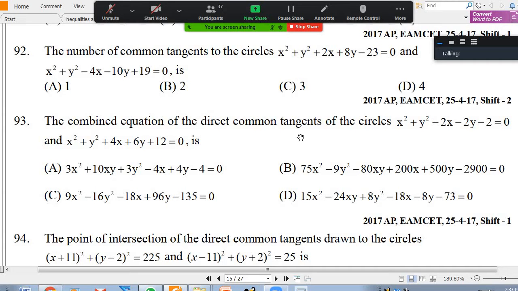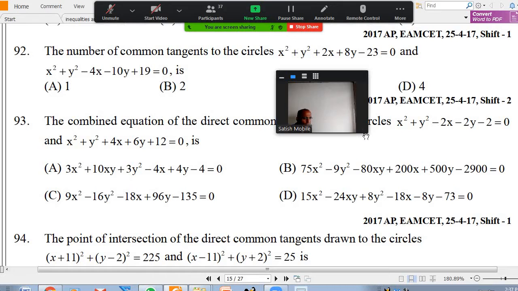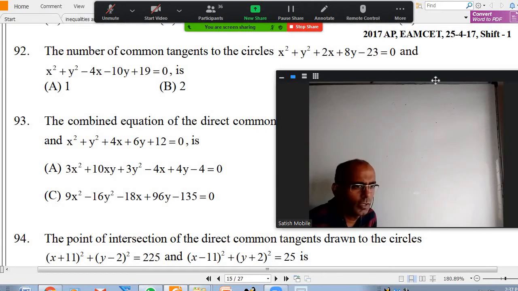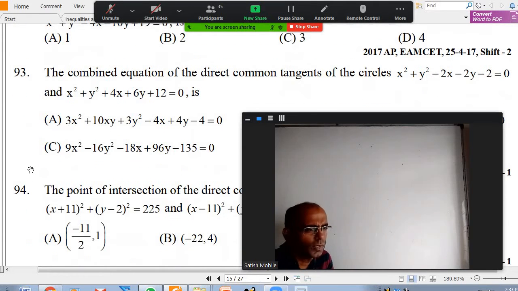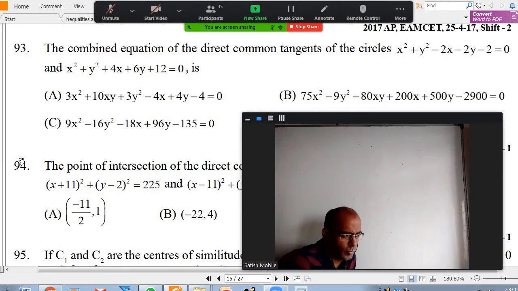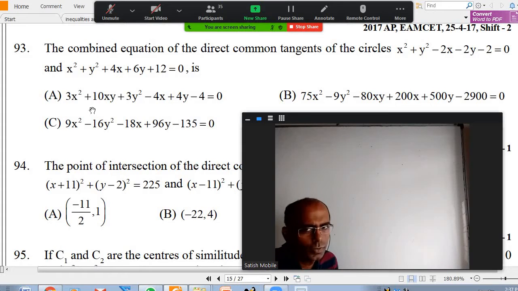Sir, 93, sir. Okay, because it was a combined equation, you can use S1 square equal to S into S11. So first of all, you find the external center of similitude, by dividing C1 and C2 in the ratio R1 to R2 externally. And with respect to that point, you can do S1 square equal to S into S11, either for the first circle or the second circle. If at all you are not getting the answer, maybe some typing mistake in the question, or some mistake while writing. Otherwise, this method is simple. Is it okay? 93?